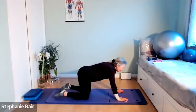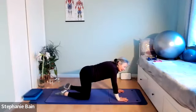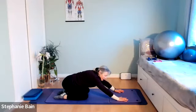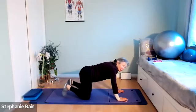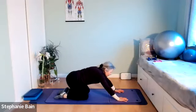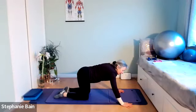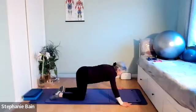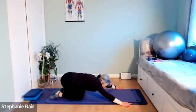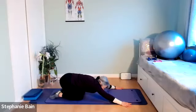Now, it depends if you're very tight in the front of your shins, if you can flatten the front of your feet back down. But that's what we're going to try and do. Now, going to take this rocking motion into a half press up. So now take your hands wider than the mat. Now, sit your hips back and get a lovely stretch for your back. Come forward,